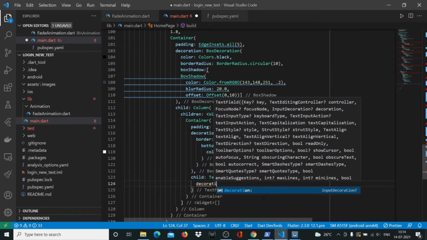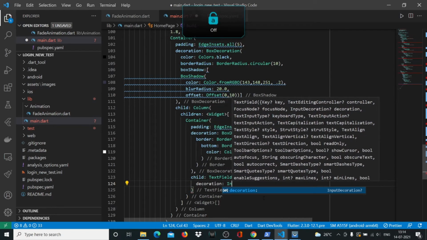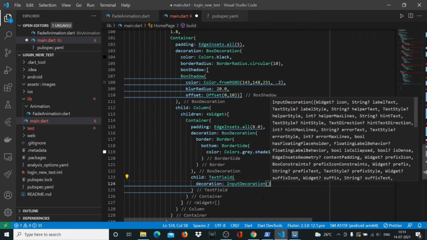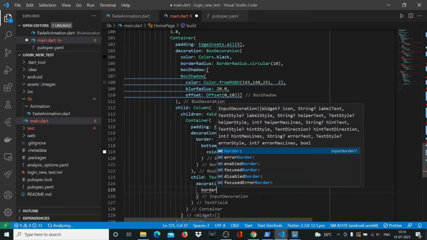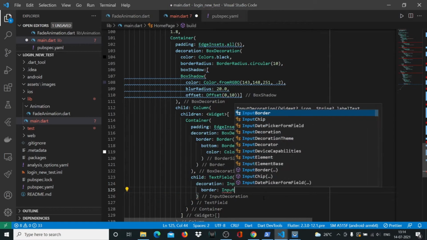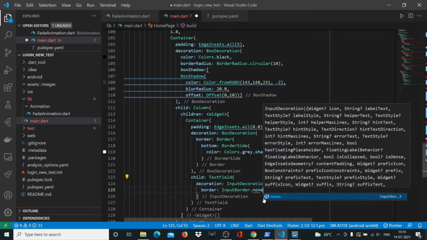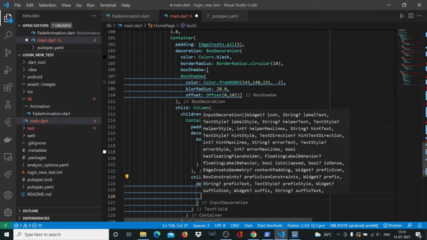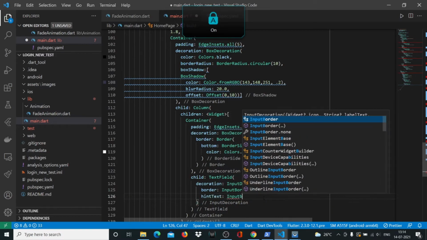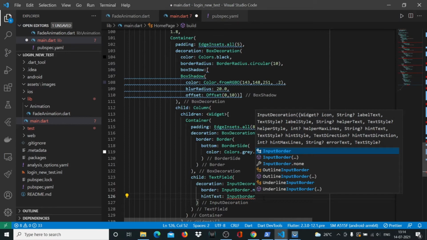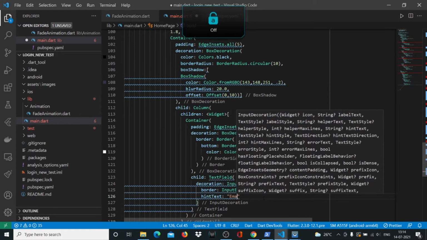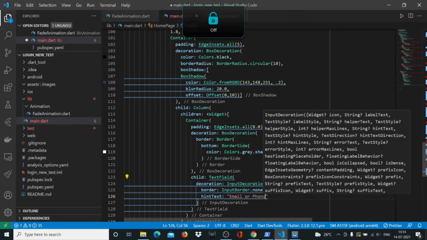So we'll say decoration, InputDecoration, border, InputBorder.none, comma, and the hint text, sorry, the hint text will be email or phone number,